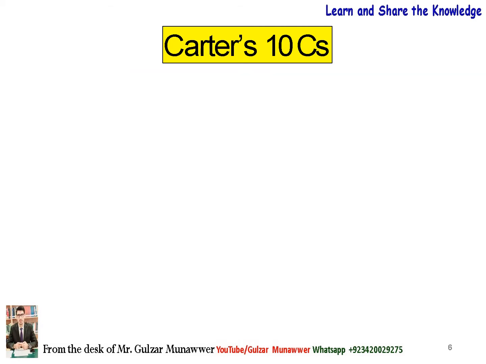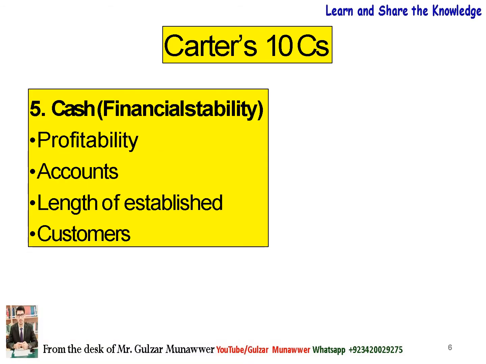The next one we have is the financial strength of the supplier, that is cash. A good supplier should also be financially strong with sufficient financial reserves. In most cases, businesses expect suppliers to deliver required items on a regular basis, but payments are usually made after a pre-specified duration, such as after 30 days, 60 days or 90 days. Does the supplier have enough working capital to continue supplying your organization till the next payment, or will they be able to continue supplying if a payment is held for 60 or 90 days?